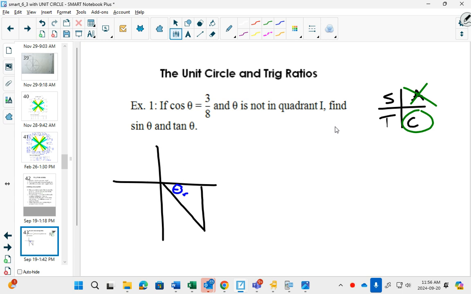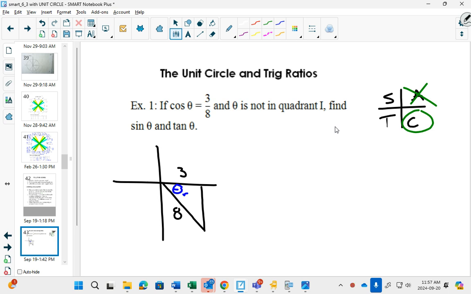Mr. Bureau, is this in degrees or is this in radians? It doesn't say. Okay, so is it degrees or is it radians? It doesn't matter in this question. Okay. Because, well, the answer is going to be the same whether it was in degrees or radians, but what can I label on this triangle? If I know cos is 3/8, I know that my adjacent side is 3, my hypotenuse is 8,